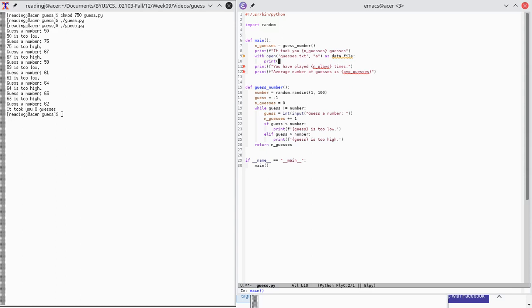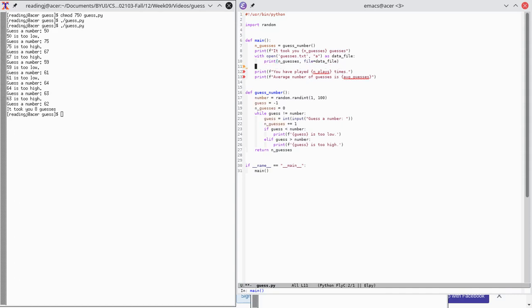Print n guesses, file equals data file. Okay, so now we're going to say n plays, average guesses equals read data file